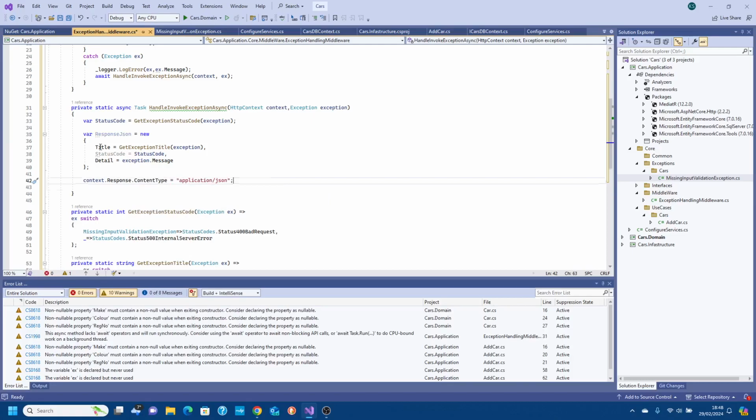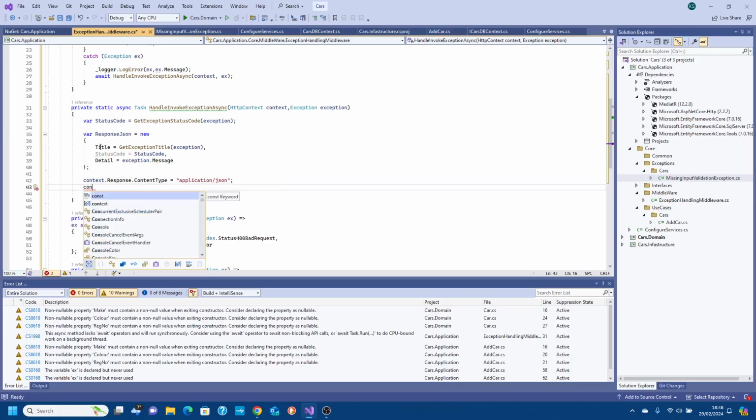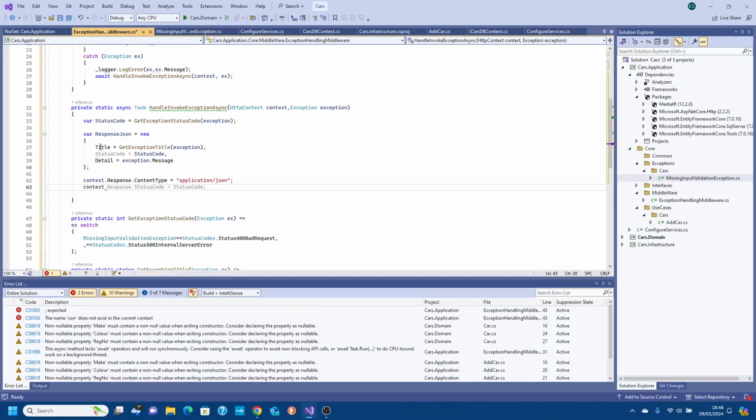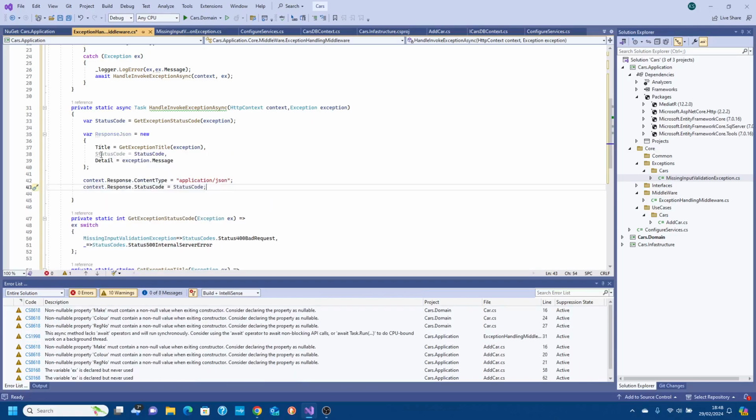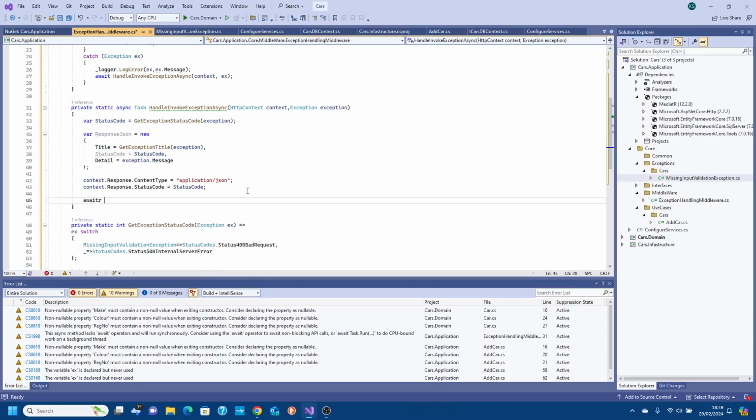There you go, it's already suggested it. And the next one we want to do is we want to say dot response. There you go. So we'll return it as part of here, which you don't have to do. You could simply check the actual header code that comes back. And then the very last thing is we want to await, because it's async,